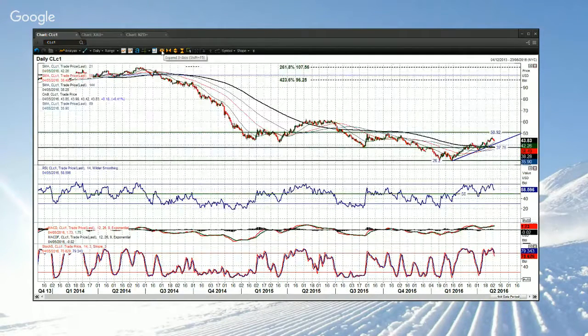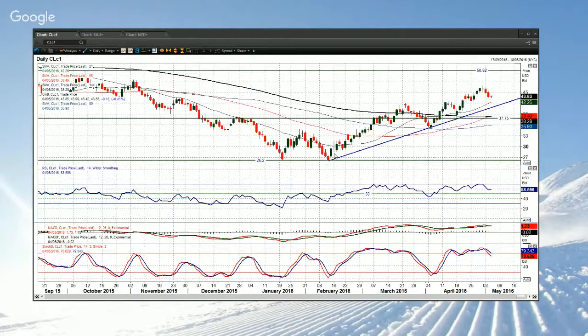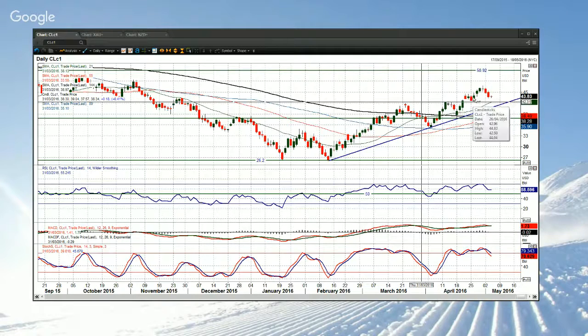So let's have a look at WTI. Big uptrend. Bullish momentum indicators. Little corrections there are a chance to buy. We've got that correction at the moment. You'd say that anything back to 42 to 42.50 is a decent support band. You wouldn't overly want to see it below 42.50, 42.60, but we do have this near-term correction.